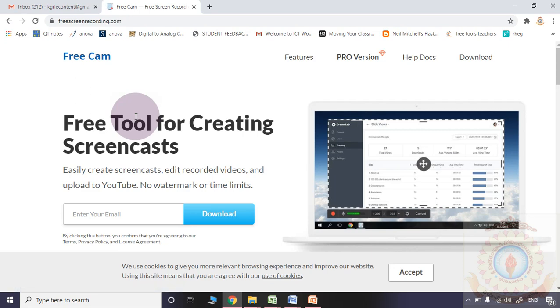So it is an absolutely free version. No need to pay anything. You are just supposed to enter your email ID to receive any updates in future. By entering your email ID, click the download button and you will download the software, and that will be installed from the exe file. I already downloaded it on my computer, so once again I am not clicking this download button. Is it okay?